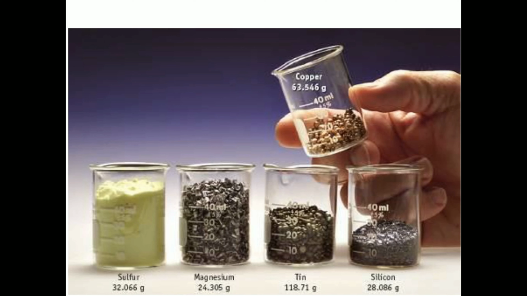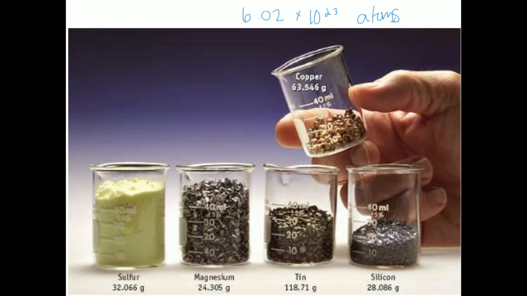So you can see that elements have very different masses and very different sizes. Notice how the mole of copper takes up much less space than the mole of sulfur. But what we do know is when we have a mole, all of these containers contain 6.02 times 10 to the 23 particles. So all of these elements have very different masses, volumes, and therefore densities, but they have the